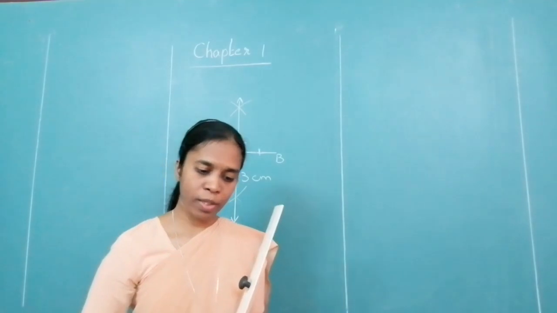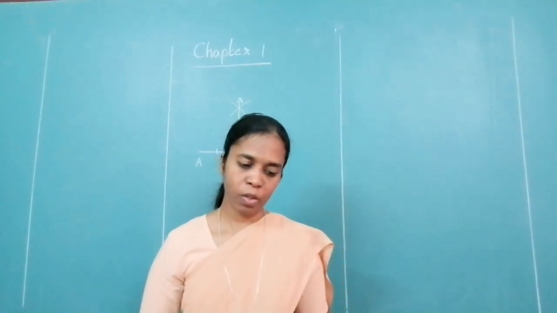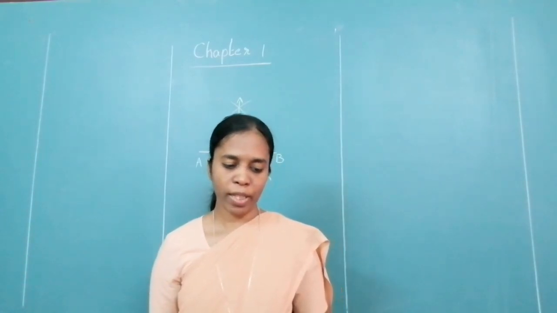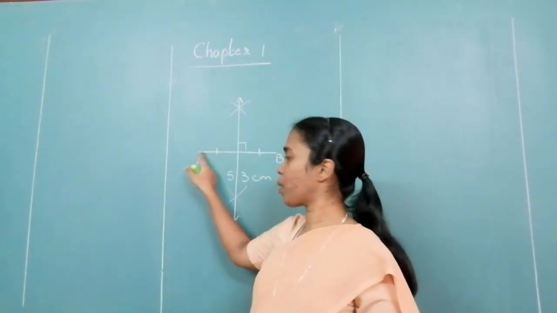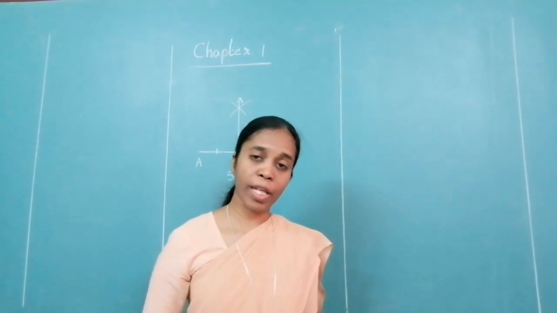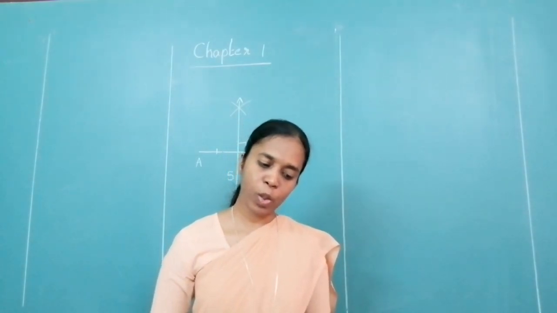Take practice set 1. Question number 1. Sub question 1, 2, 3. Draw line segments of the lengths given below. They are segments, so you have to put it as segment only. You are not given any particular measure, so you can put the name as you want. Okay. And draw the perpendicular bisector.